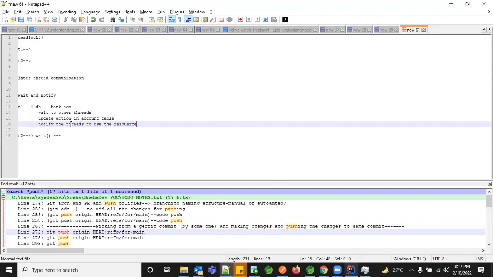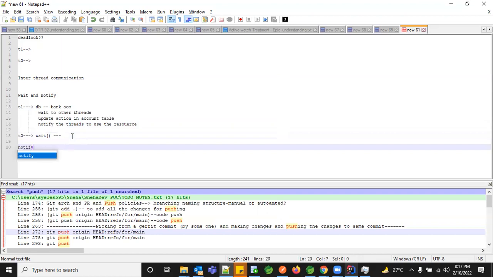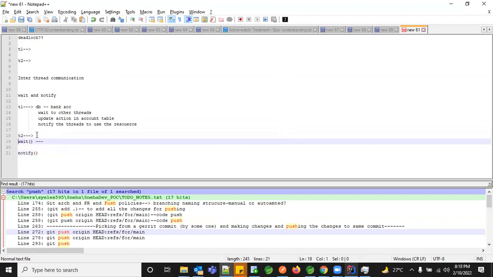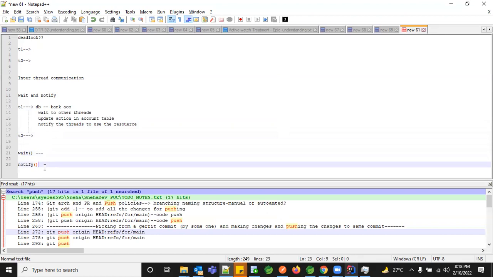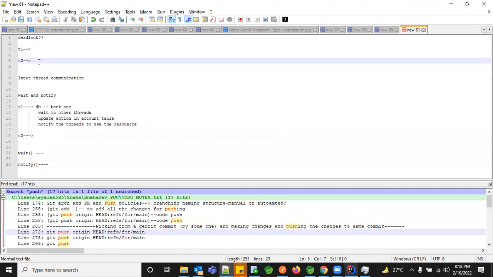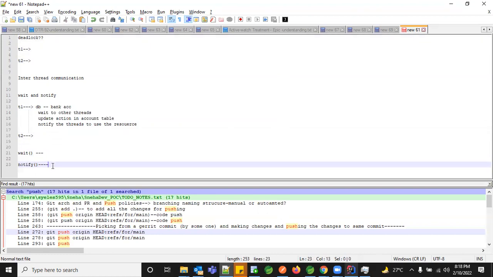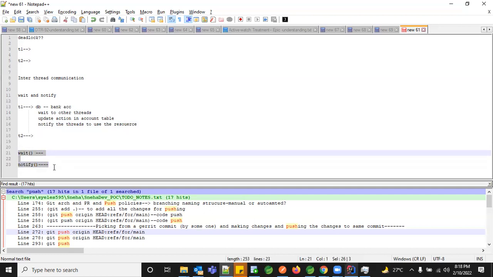Okay, so to do this, we need two methods in Java. One is wait and the other one is notify. This is a way where each thread can communicate with the other without causing a deadlock situation, so that both threads can communicate together. They won't be in deadlock and you don't need to worry about how to resolve it or restart your entire system, because it's kind of a crash, right? You never know what happened in the backend. The system will not progress if such a situation happens. So we make sure this kind of communication happens between threads whenever more than one thread is working on the same resource.